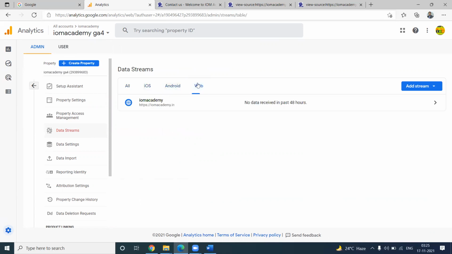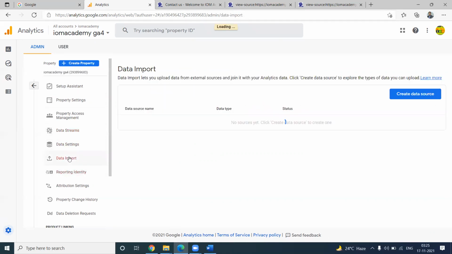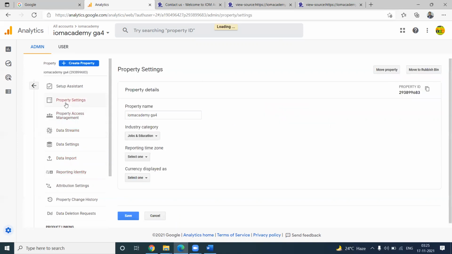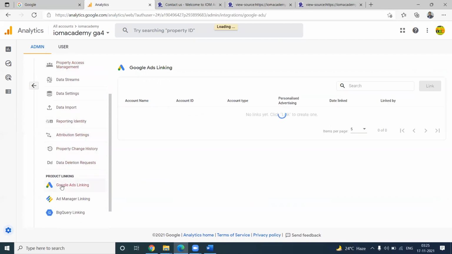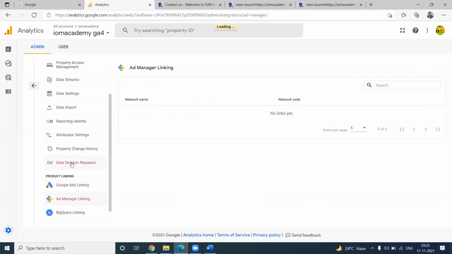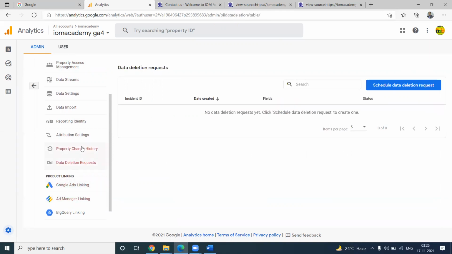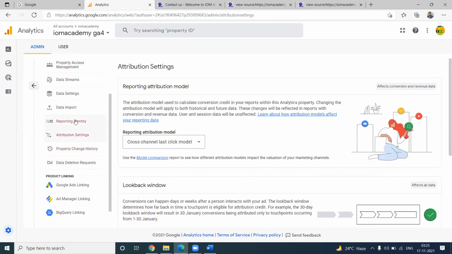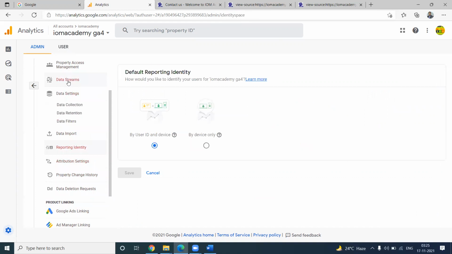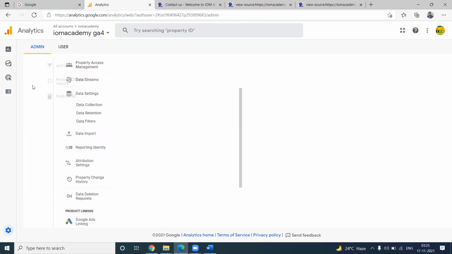iOS, Android, web, whichever stream you can add, you can add. So there are data import, property settings and setup assistance. So Google Ads linking, Ad Manager linking. So different options: data deletion request, property change history, attribute settings. So different ones. But in this one, we can use it only for data stream.